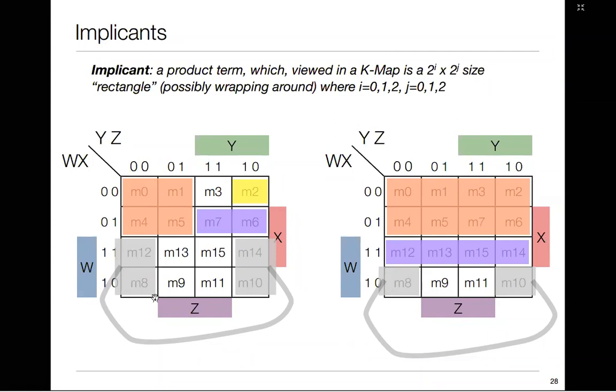Even these two over here, if I draw this, this will also make a quad. 4 cells will also be considered as a quad. This 4-cell group we know we can solve, but this is another way we can consider a quad. So all these are known as implicants, product terms. How many product terms do we have according to the grouping? This is one product term, this is one, this is one, and this is the other. So I have 4 implicants in the first K-map.